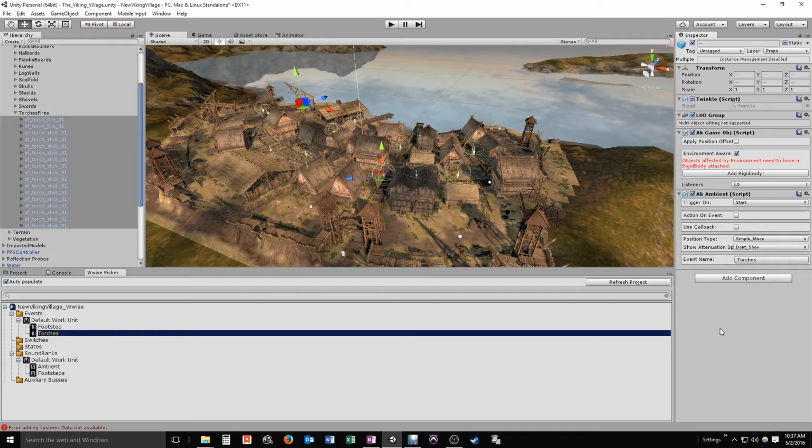So it automatically adds the AK Ambient script. Ambient is basically just a sound source. This is triggering on start, so when the map loads, this script is going to play. It's going to play this event torches, which is our looped audio event that we created over in Wwise. It also attaches this game object script, and